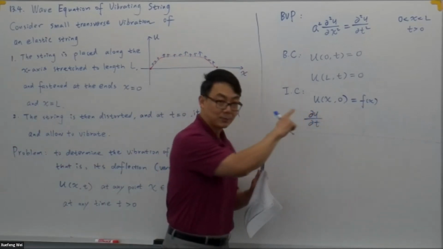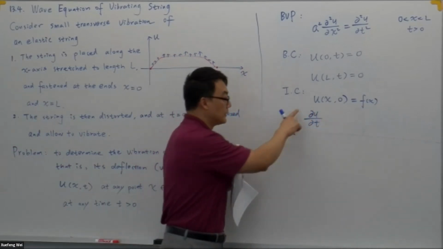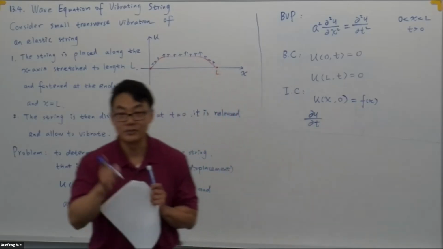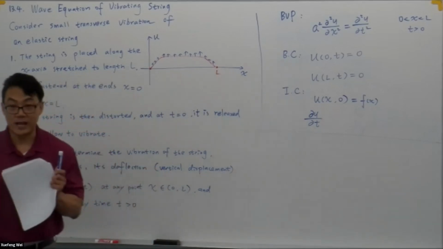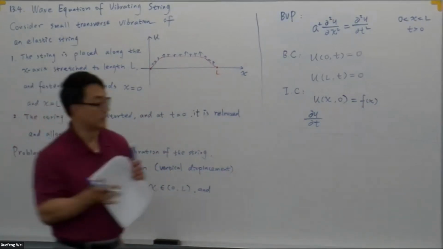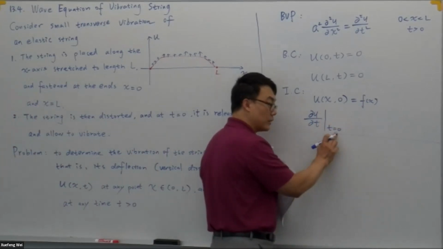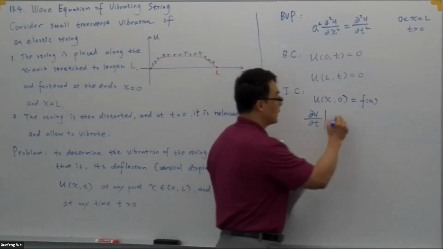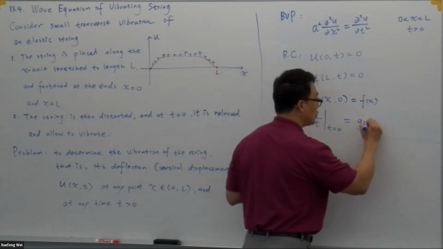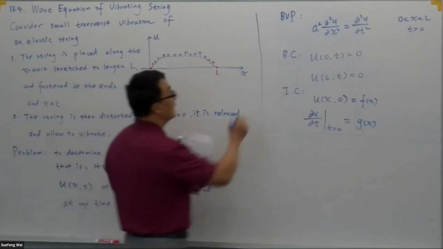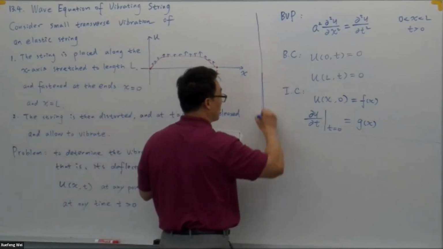U is displacement. This is the change of displacement in terms of time. The rate of displacement change in terms of time is velocity. Initially, when t equal to 0, this is the initial velocity. Initial velocity is g(x), it follows the function g(x). So that is my mathematical description